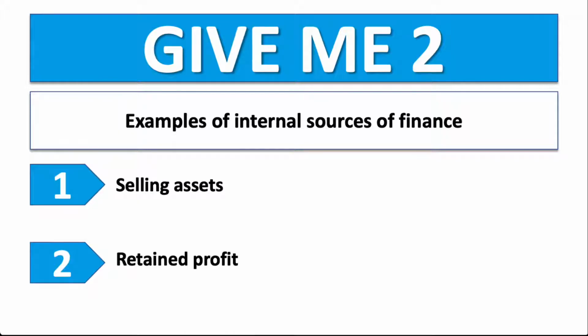Internal sources of finance, because the money is being raised from within the business. Retained profit, of course, is profit the business has already made that's being reinvested. Selling assets means selling items, vehicles, machinery, buildings perhaps, that they're not using or don't require, and raising money in that way. Some of the other answers given in the chat window are from outside the business, so external sources of finance,